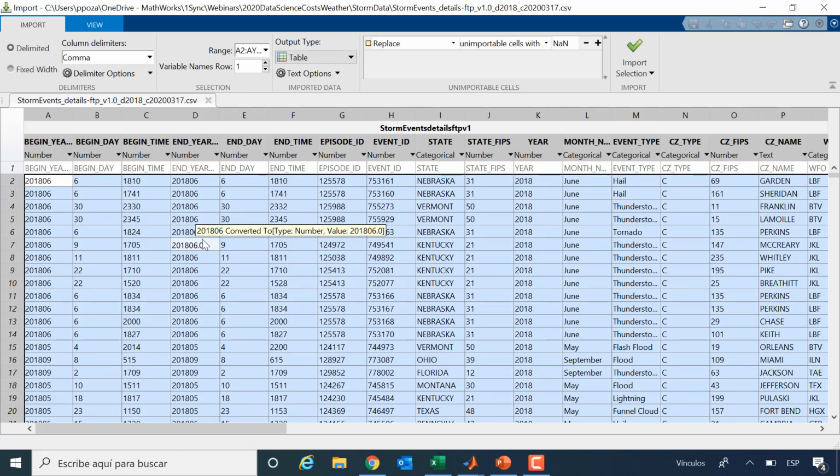Okay, so once you've got it open here, there are certain options you can adjust. You can say read everything as a table, or as independent columns, or if everything was numeric, etc. You can specify the range as well. And here, some unimportable cells, you can say replace them with NaNs.